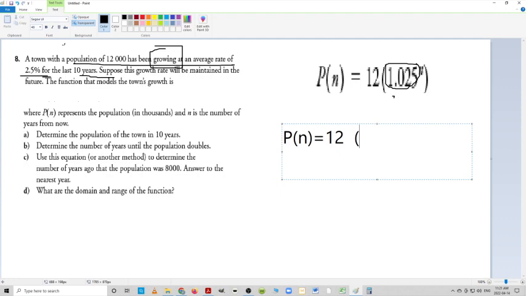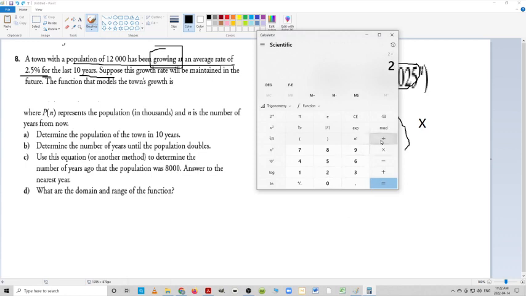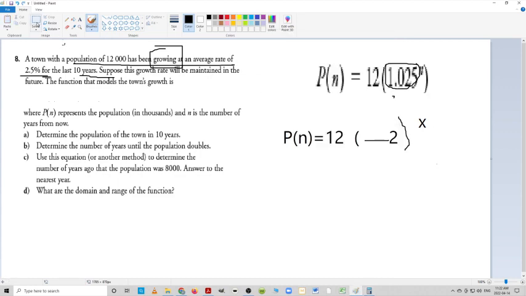The 12 is fine, but inside it's a 1 times, it's a 1.025. Let's say it's a growth of 2. Let's take 2 to the x, like that, and ask ourselves, what do I have to multiply 2 by to get 1.025? Well, you would say you just take 2 and divide it by 1.025 to get that answer. And the answer is 1.95 whatever, which means if I was going to rewrite this properly,